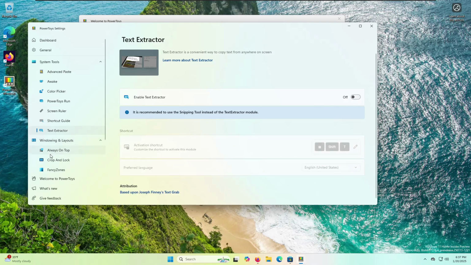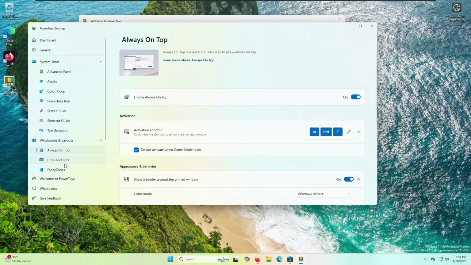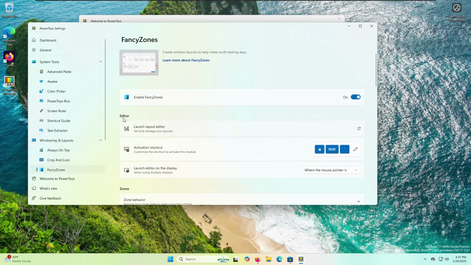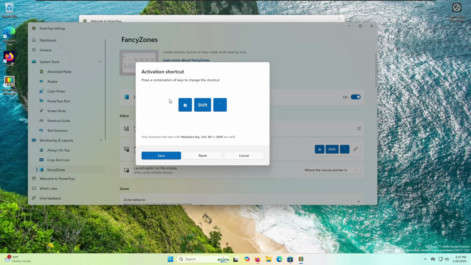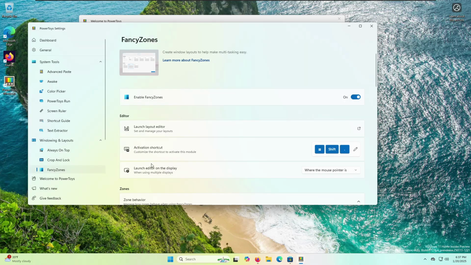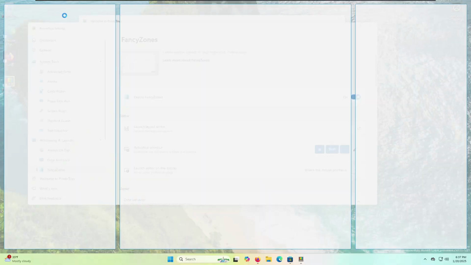We can do windowing and layouts. Of course, we saw Always On Top and Fancy Zones. Enable Fancy Zones. Now, what you can do is Windows key Shift and comma. Wait, no, not comma. I'm pretty sure it's not comma. Let's change this to Windows key Shift period, because there really is nothing. So Windows key Shift period. We can click save. Now if we press Windows key Shift period, we can go into Fancy Zones and you